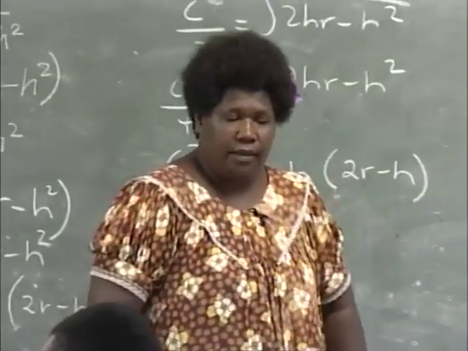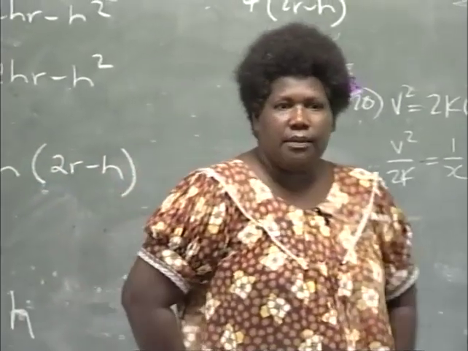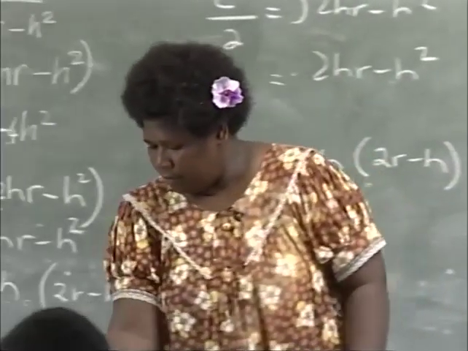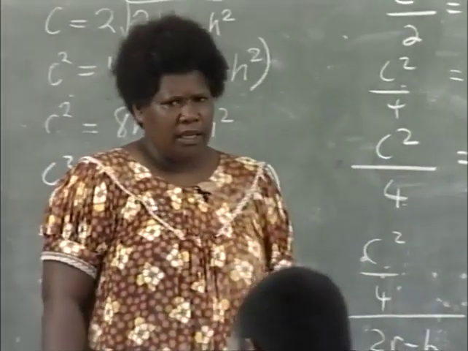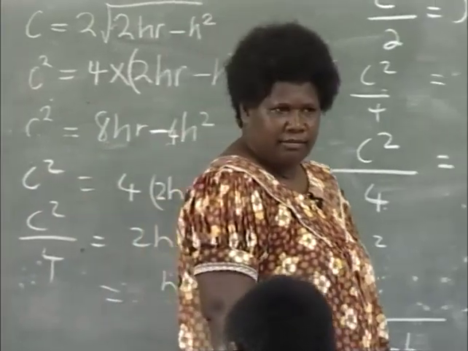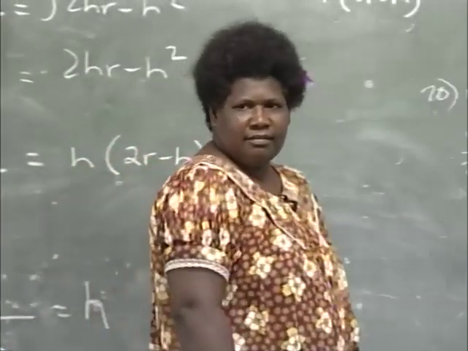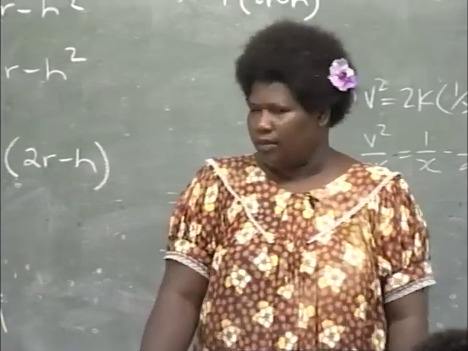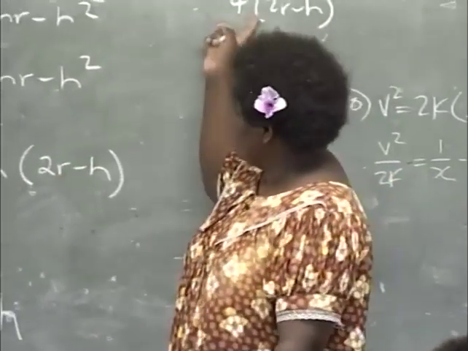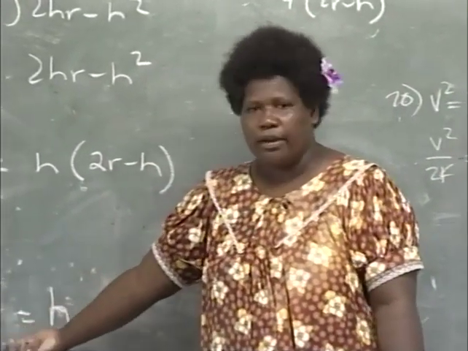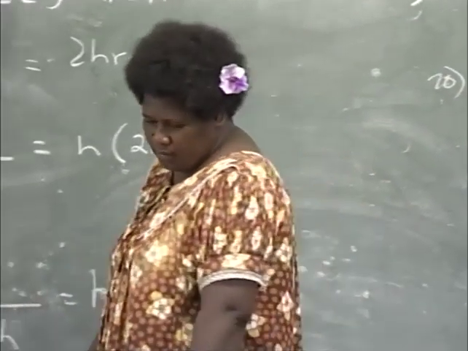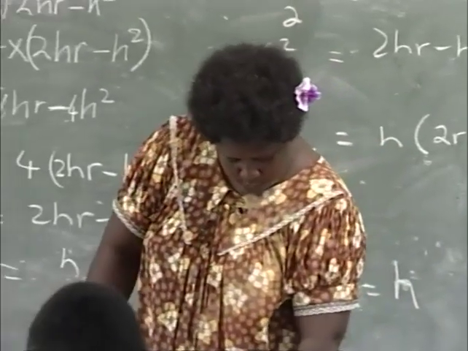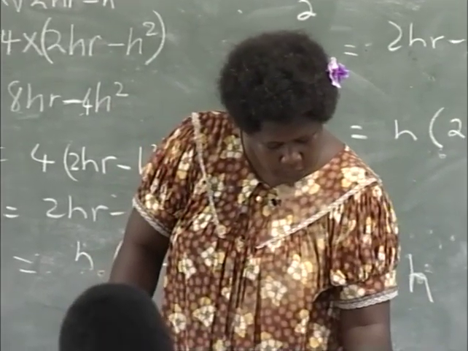Any questions so far? Any questions on the ones that we've done? If you have any questions, then please say so. 20? Oh, that's the one I've explained. That's how far you can go on question 21. You can't go any further. Okay, I got this by just multiplying this by 1 over 2R minus H, because I'm dividing by 2R minus H. I'm sure there's a mistake. Okay, we'll go on